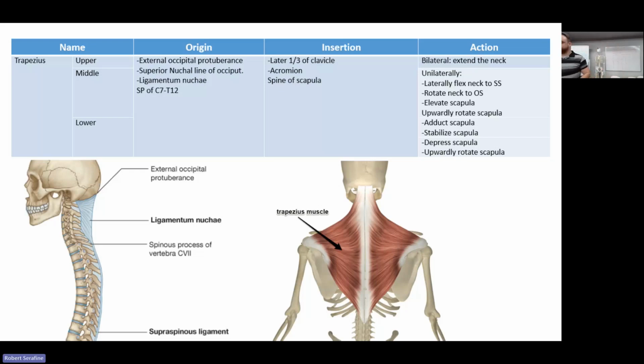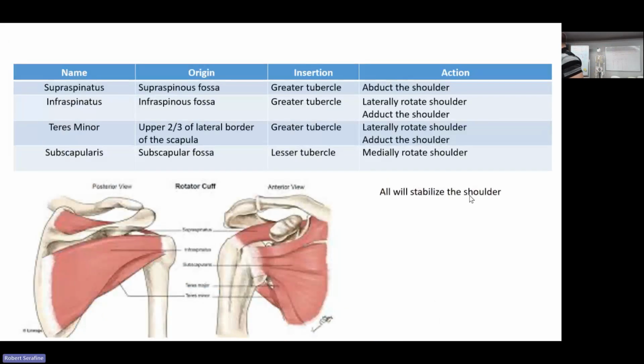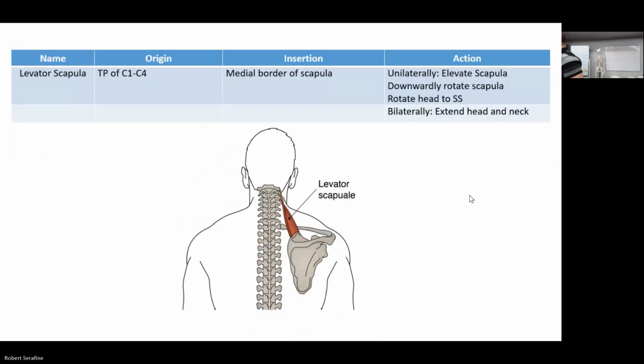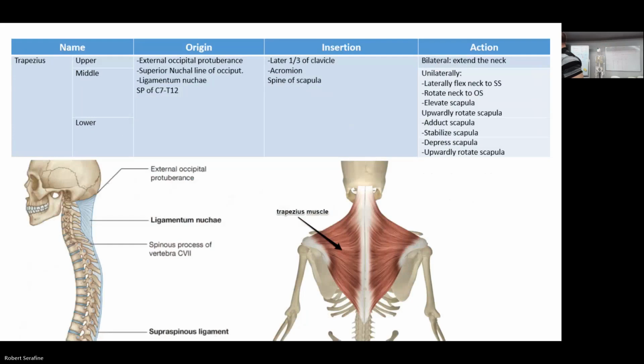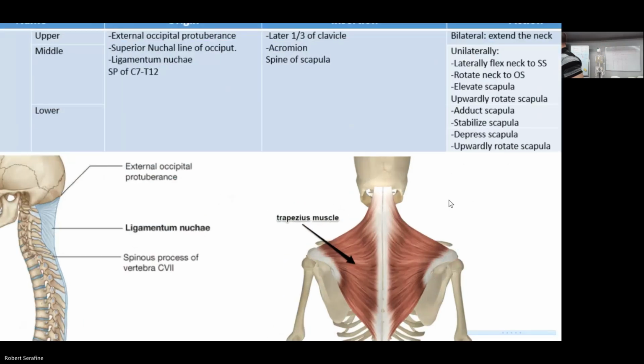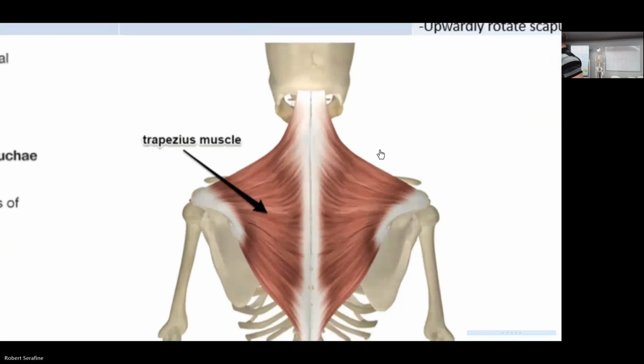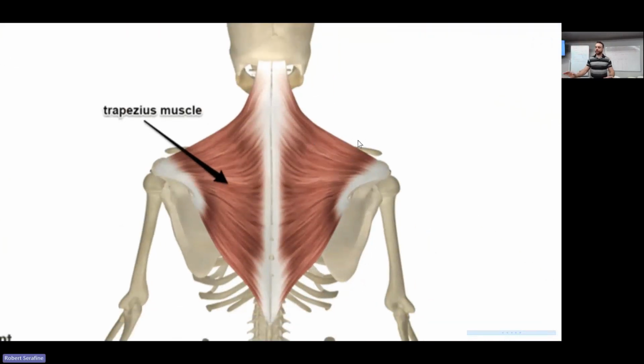Normally people will learn a muscle by writing out what's on the board here. They'll write the name of the muscle, the origin points of the muscle, the insertion points of the muscle, and then they'll list the actions. Well, what I want you to do is to be able to just look at a muscle,